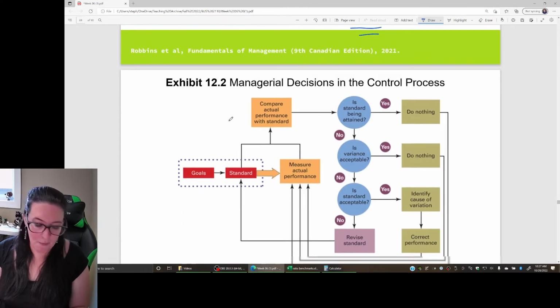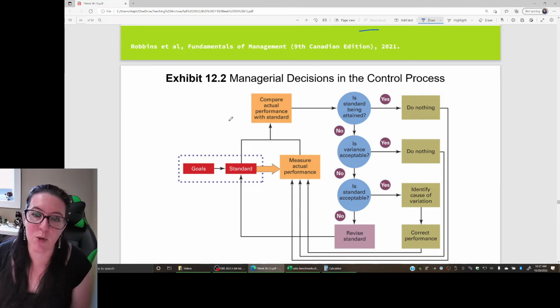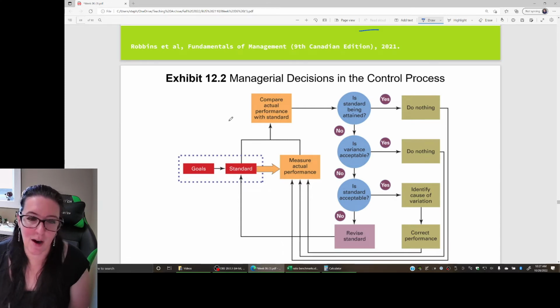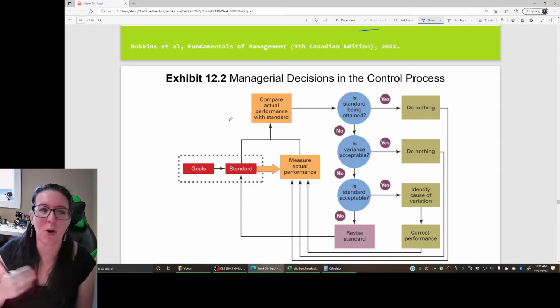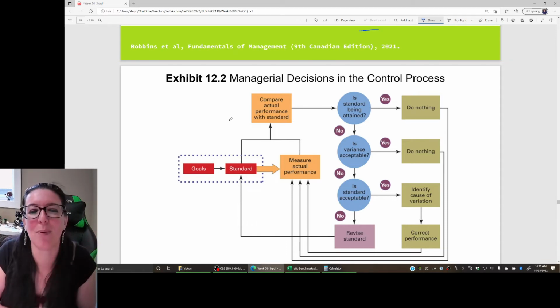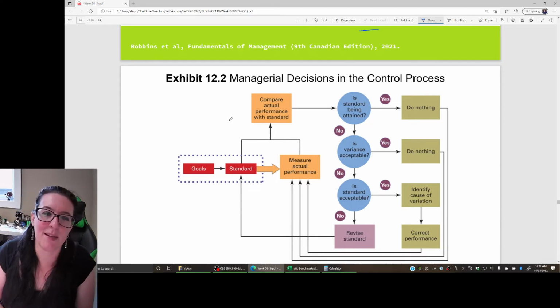So in terms of the control cycle, we have goals, we have standards, we measure that actual performance, we compare it to a standard. Are we obtaining the standard? If we are, no worries. If not, maybe we're not at the standard, but are we within an appropriate amount of distance? So are we good enough, close enough to the standard? And so if we are, then we're good. Don't worry about it. If we are far outside of where we need to be, we're not anywhere close to the standard,